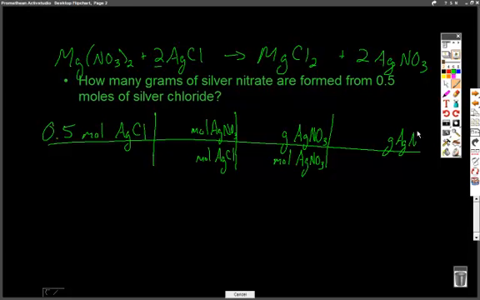So the first thing I would recommend you do is set up the problem before you put any numbers in here. Set up the problem so that you know that all your labels are going to cancel and it's going to give you the answer you want to have. We can go back just like we did in the last problem and look at the molar ratio. We know that the molar ratio of AgNO3 to AgCl is a 2-to-2 ratio, or a 1-to-1 ratio. Now we need to know the molar mass of AgNO3. So 1 mole of AgNO3 has a mass of